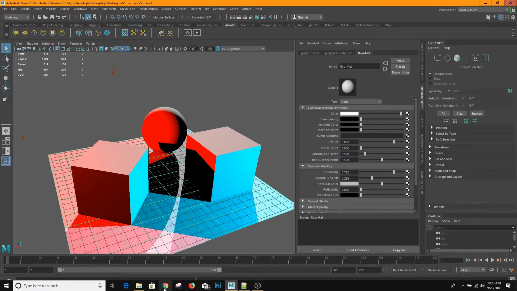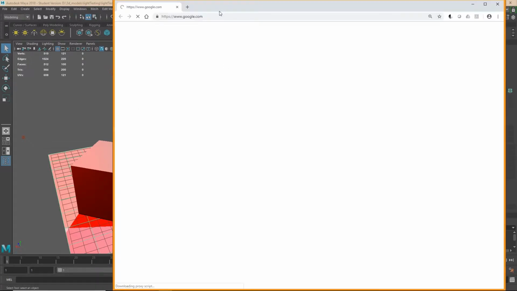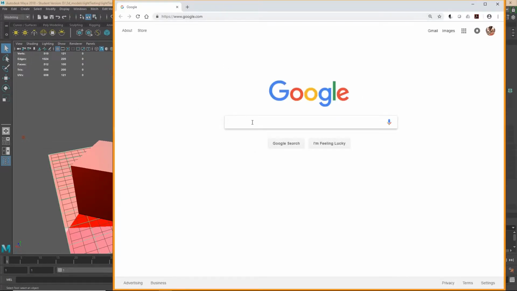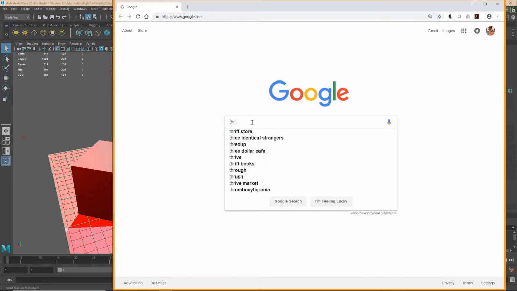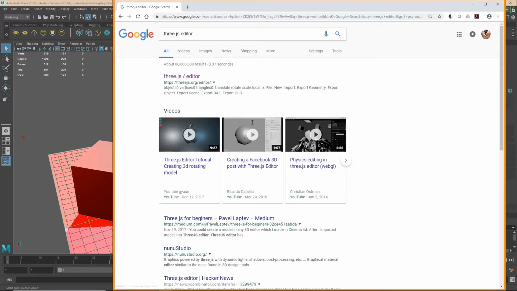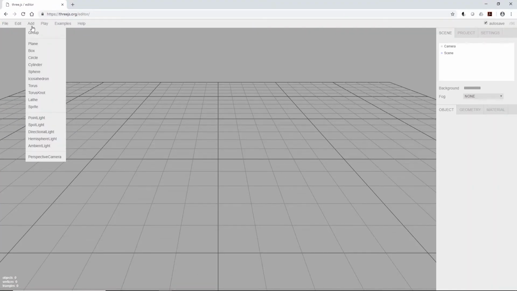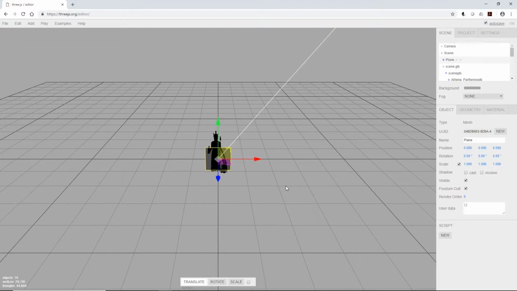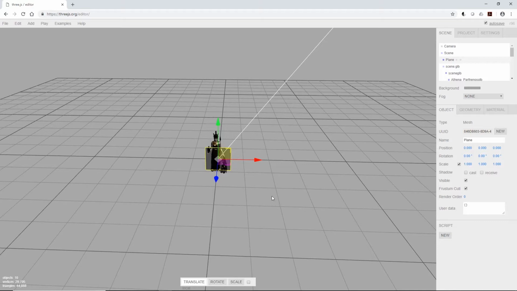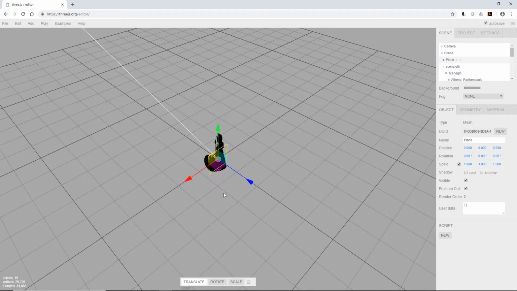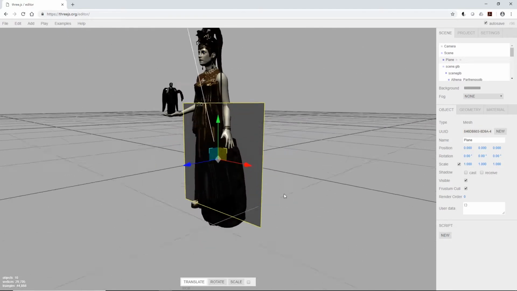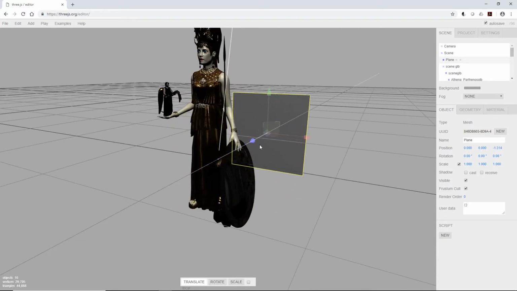Like I said in the previous video, if you want to test this stuff out, go to the Three.js editor. You're going to be able to see everything that's on the materials editor. If you go into that and you add, let's say, a plane. There's my old Athena model. So this plane, if we add that and we look at the material,